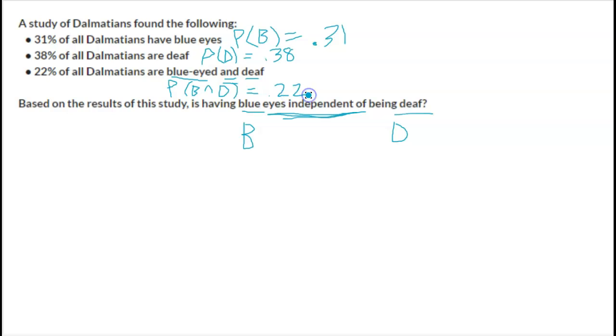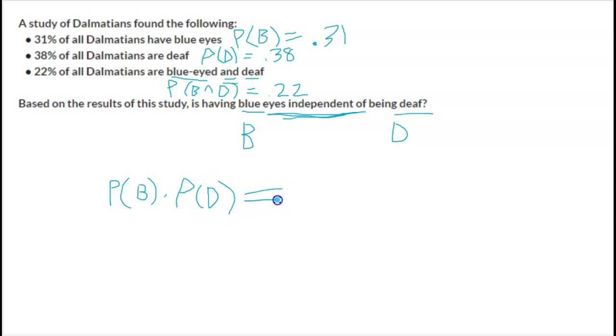So what do we have? We have the probability of an event. We have the probability of another event. And we have the probability of the intersection of those events. And we're being asked, are they independent? Very simple. We have one and the other and their intersection. We simply check the product. So answering the question becomes checking if the probability of B times the probability of D